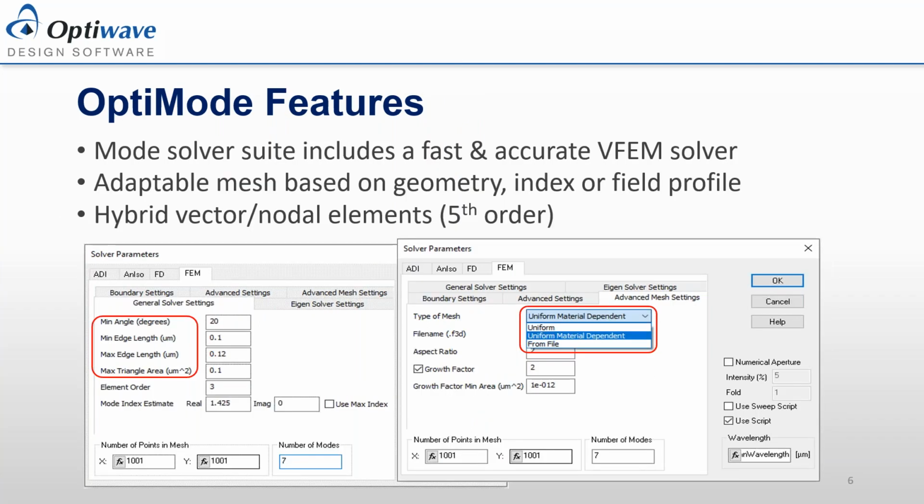Before we get into that, I'd like to talk about the product that was used to calculate these. Within the OptiBPM and OptiFDTD products, we have a sub-product called OptiMode. This product is a mode solving suite, which includes a number of mode solvers. But for the interest of right now, the mode solver that we use is the finite element method solver,